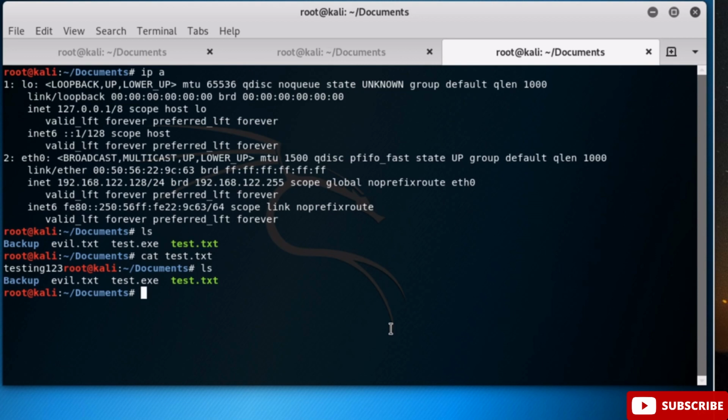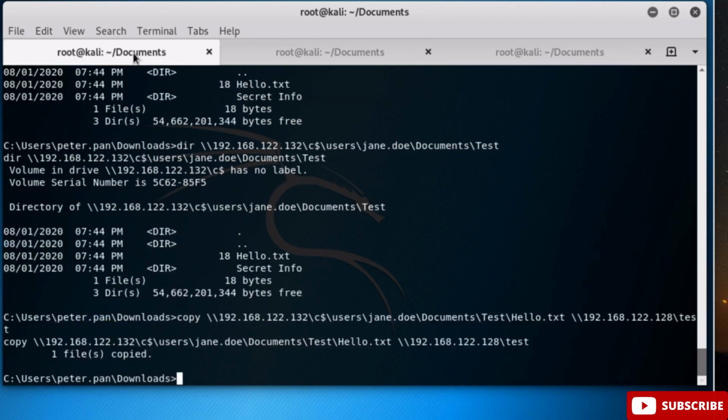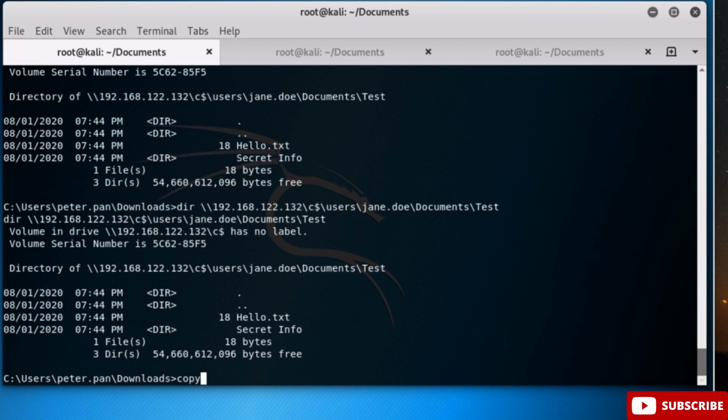Now let's check our Kali box, and we'll see we have hello.txt on our Kali system. And then of course, if we want to upload a file to that system, we'll just copy our test.exe from our Kali machine 128 under the test directory, and we'll copy it over